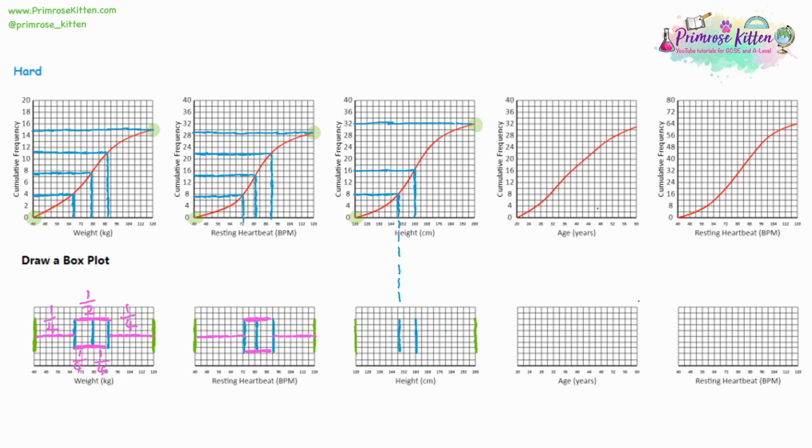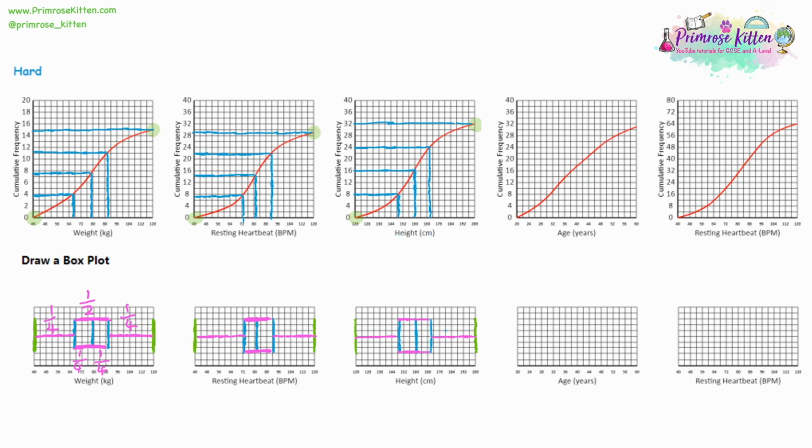And then for the upper quartile, if a quarter of the way through is 8 people, then 3/4 of the way through will be 8 times 3, which is 24. Draw a line across, draw a line down, and it looks like it's going through 170. And again, if we're not sure, just bring it down. Once you have your 5 values, join it all up: a box in the center, and 2 whiskers going out to the lowest and the highest possible values.